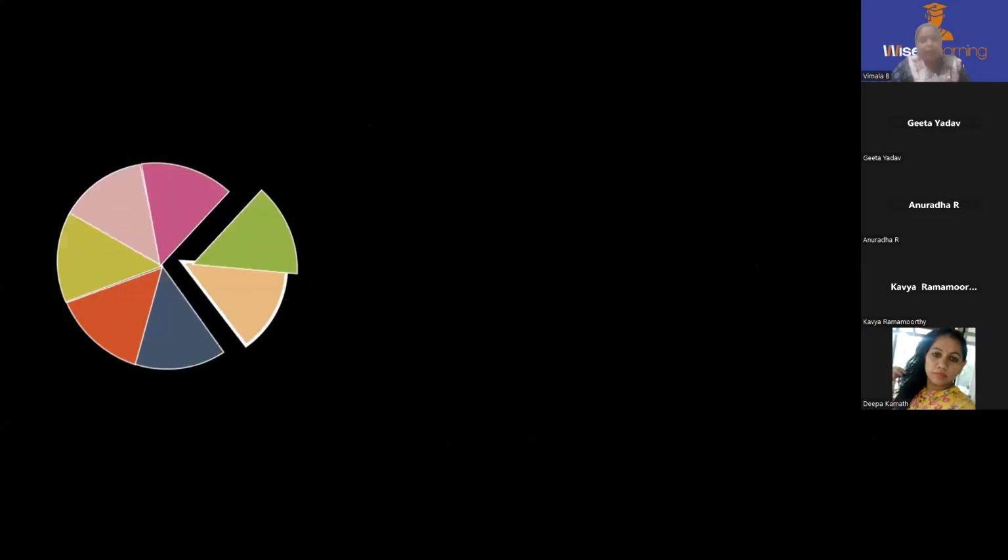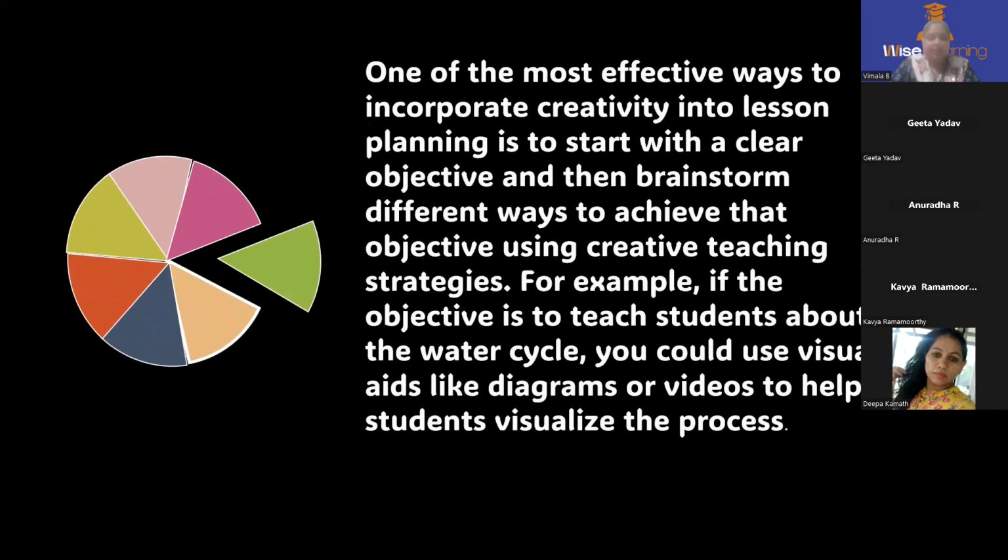Next, we are coming to the effective lesson plan. We all know that before starting a chapter, we have to write the lesson plan. When we start the lesson plan, the objective should be very, very clear. Then we need to keep in mind the strategies which I can include. Remember, teachers, we cannot include all the strategies in our everyday session. We can include hardly 2 to 3. It depends on the content I'm taking, it depends on the age appropriateness, and it depends on the time constraint.